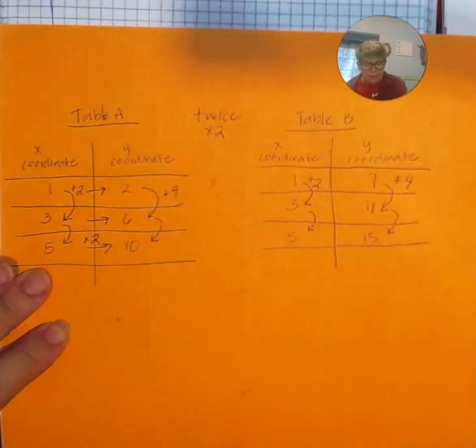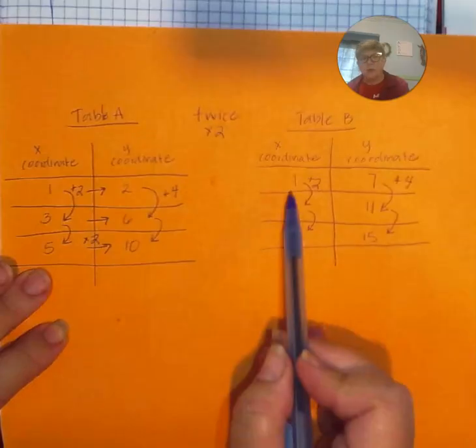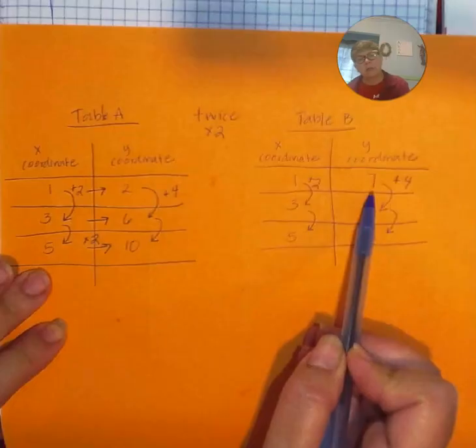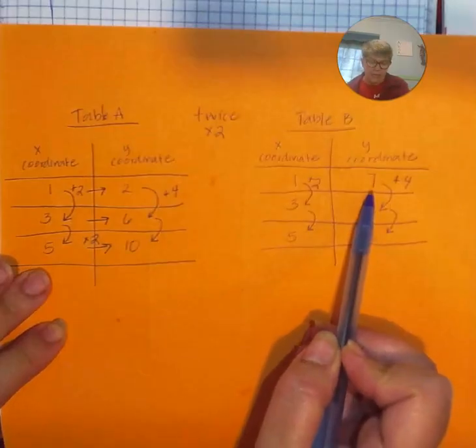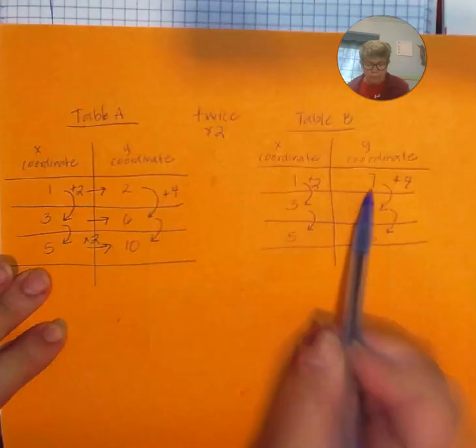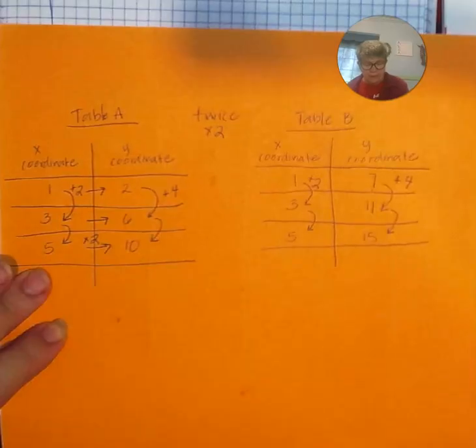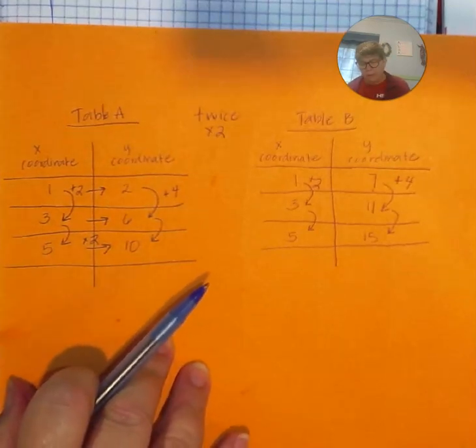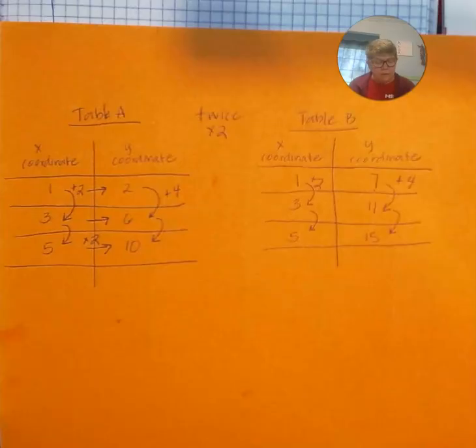They are not. Okay, so the trick here is that to go from our x to our y, we have two operations, not only multiplying, not only adding, maybe adding and multiplying. Okay, so that's what we call a mixed operation relationship, and we're going to be looking at that in today's lesson. Okay? All right, so still continuing with table A and B, we are going to plot these points,